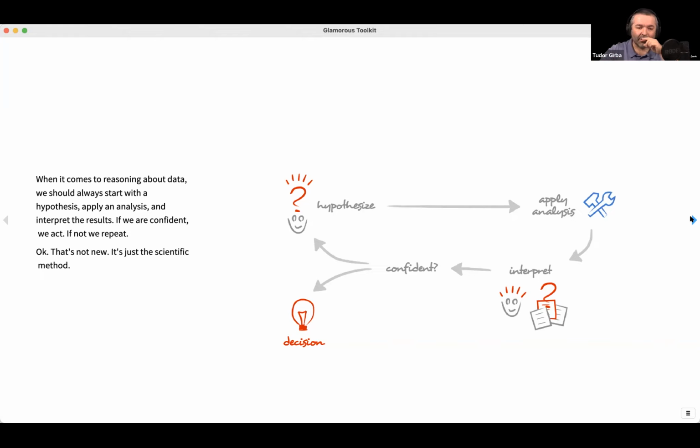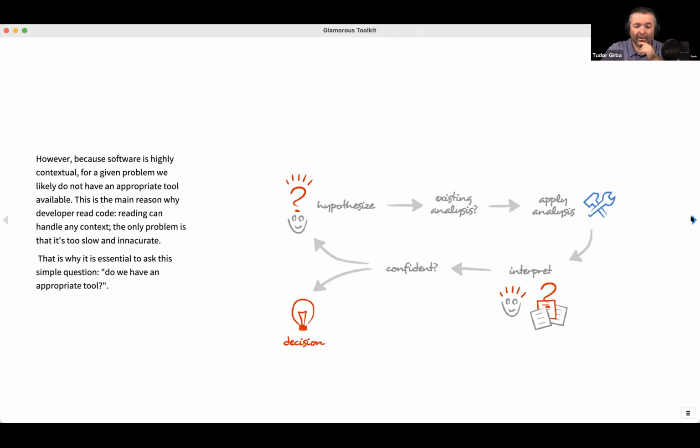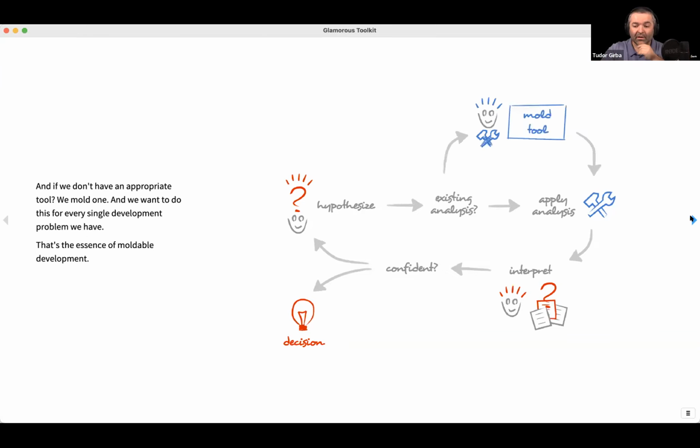The key differentiator here is that when we have a very large or unpredictable space, you don't have the right analysis. There's no one-click analysis that is available for the kinds of things that you actually want to find out. There's always going to be a tension if you're going to look for the one clicks, especially, for example, when we are programming. And so the essence here is that what happens when we don't have an analysis, we should go and mold it. And that's what we think the first ability of any environment should be.